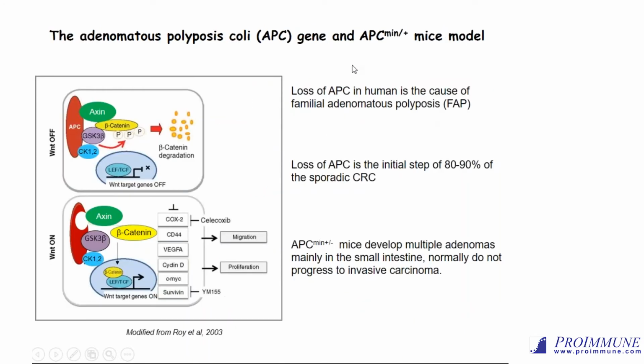So next, we further confirmed the function of DUSP10 by utilizing APC deficient mice. As I mentioned, APC is a major tumor suppressor in the colon, and the function of APC is to assemble a signaling complex which leads to the phosphorylation of one important molecule known as beta-catenin, and the phosphorylation of this beta-catenin will lead to the degradation